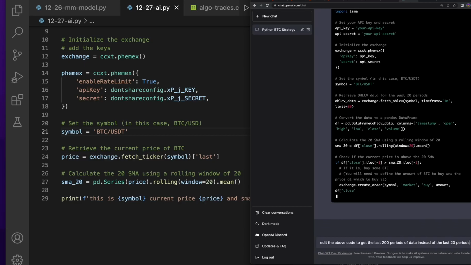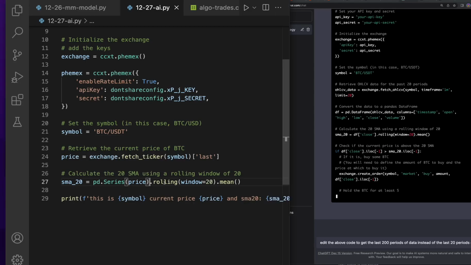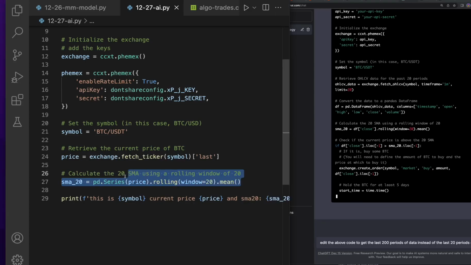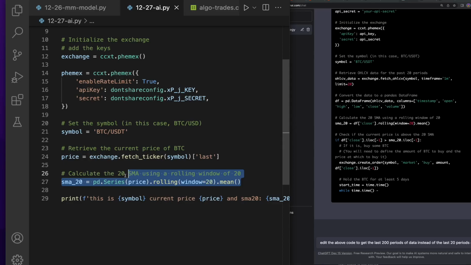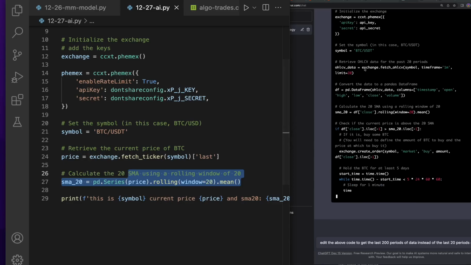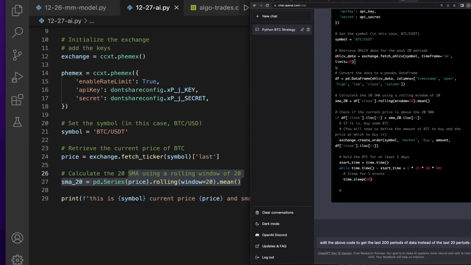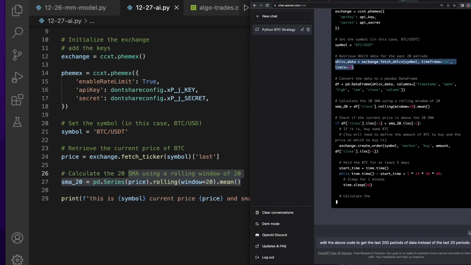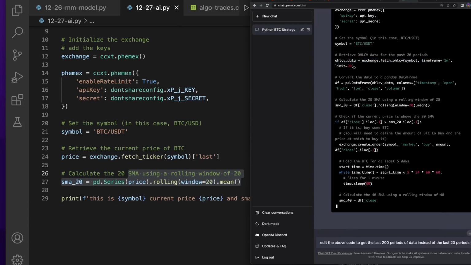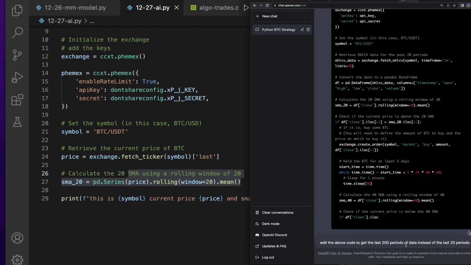For example, I knew there that you can't make an SMA, because SMA is the rolling average. You can't do that off of one price period. You need at least 20 price periods. So I asked it to do that, and it did it. It said, hey, open, high, low, close, volume data is here. But it only made it for 20 periods. So I'm just going to say, hey, edit the above code to get the last 200 periods instead of the last 20 periods. And I could probably just do that myself really quickly,